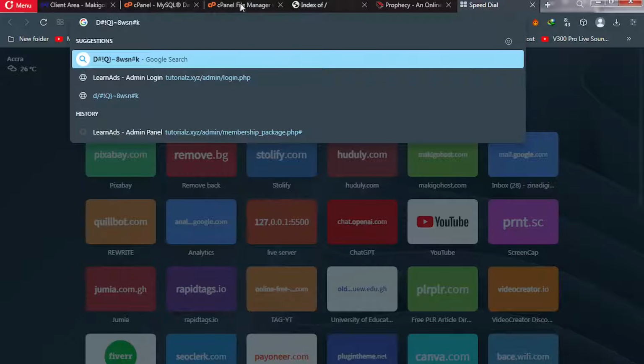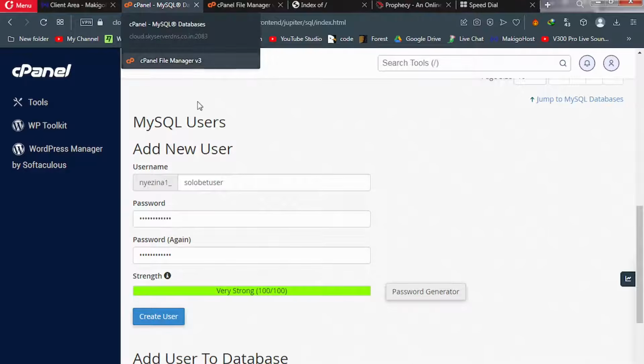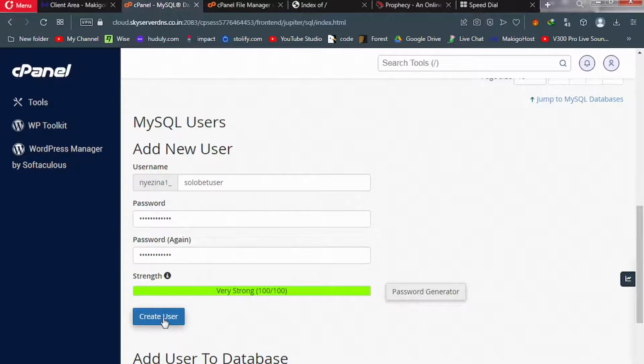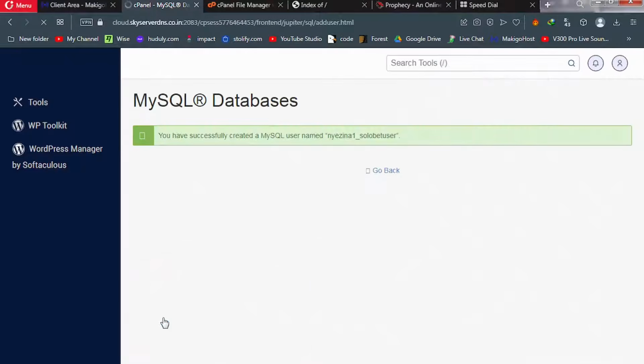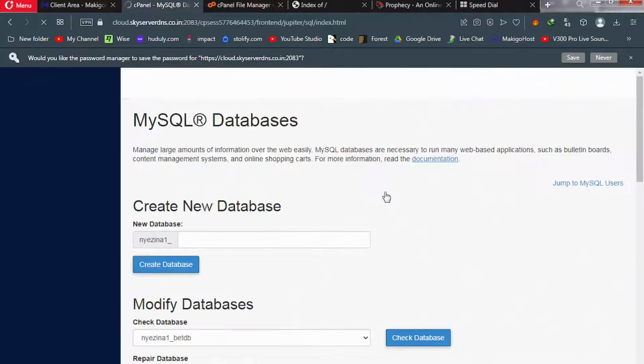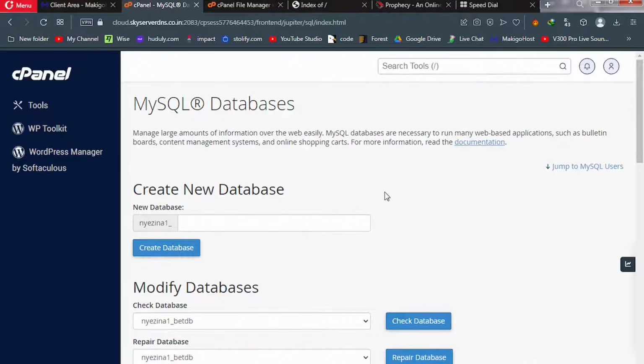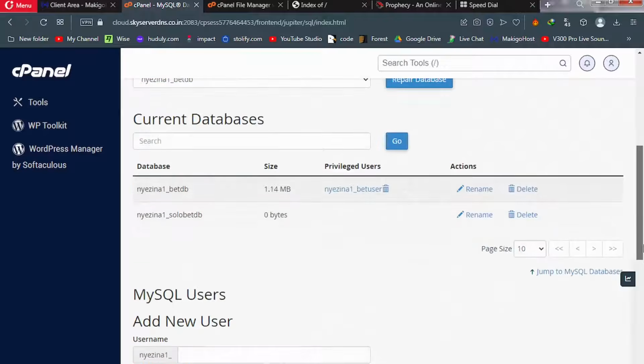Good. Now let's go back to the installation database here, and then click on create user. Excellent. Our user is created. Click on go back, and the final thing we'll be doing here is to connect our database to our user. To do so, scroll down